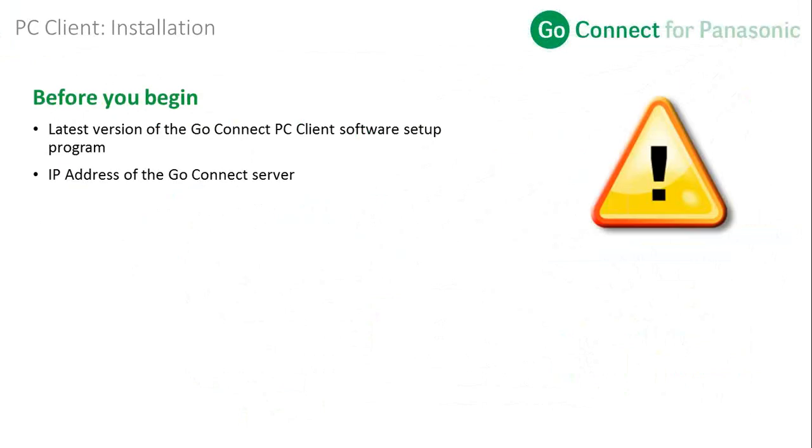Similar to the server software, when doing installation, please make sure by going to the GoConnectCRM.com website that you have the latest version of the software available and the right licenses in place. We would always recommend that you keep the versions of the GoConnect client synchronized with the version of the GoConnect